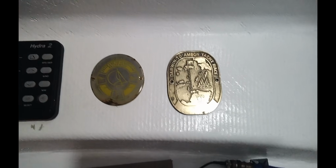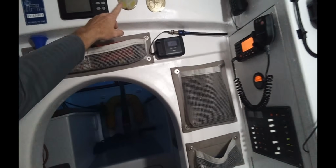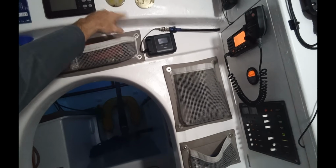So polish the little medallion up. Now I know it's the Darwin to Ambon yacht race in 2015, and I can see this one in the light, Brisbane to Gladstone yacht race, and the Percy Island Yacht Club there. So it's good to have parts of the boat's history on board. We also have down here,